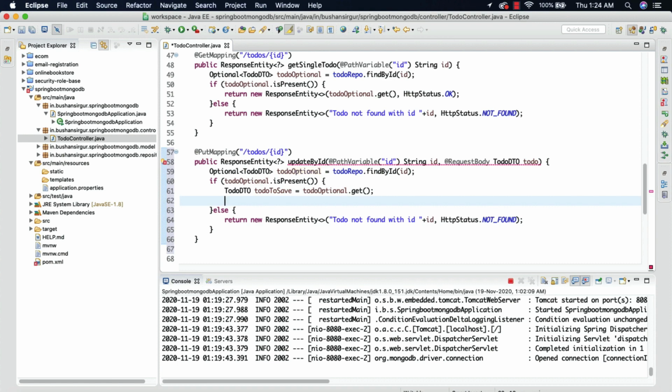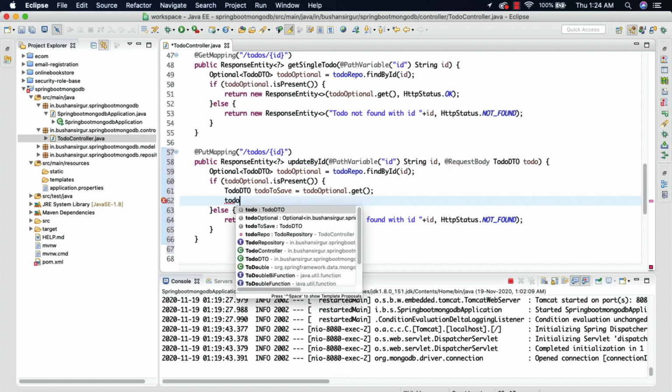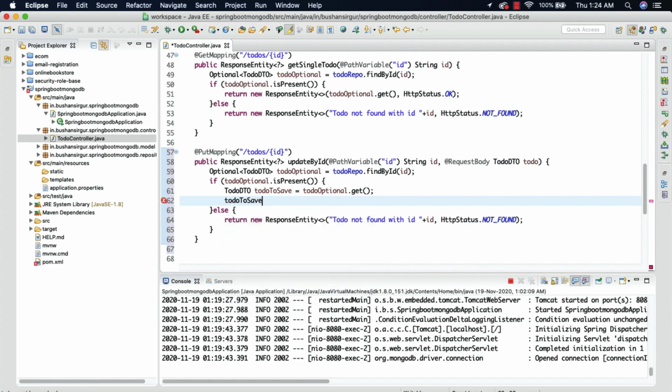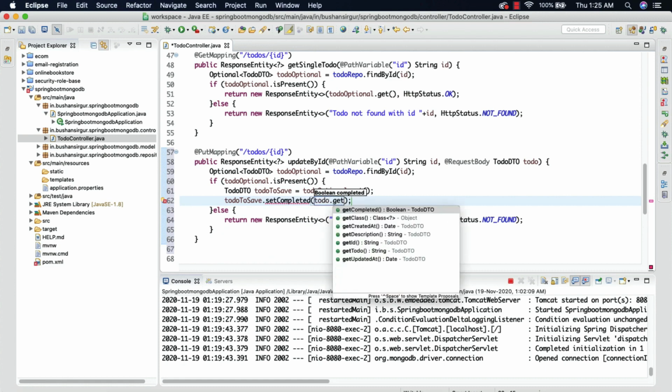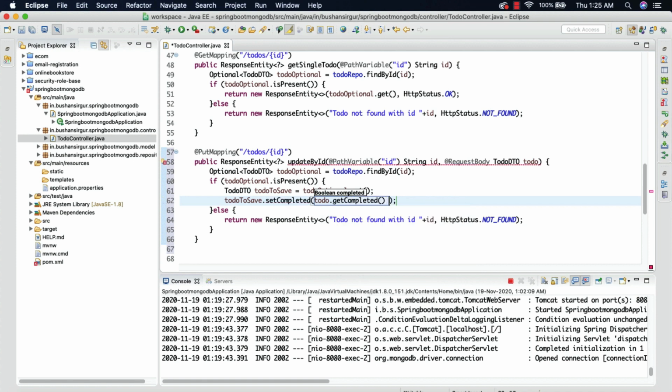and then we're going to make use of this todoToSave.setCompleted, and first we're going to get the todo.getCompleted is not equal to null.